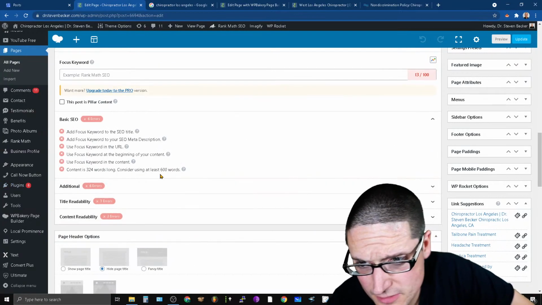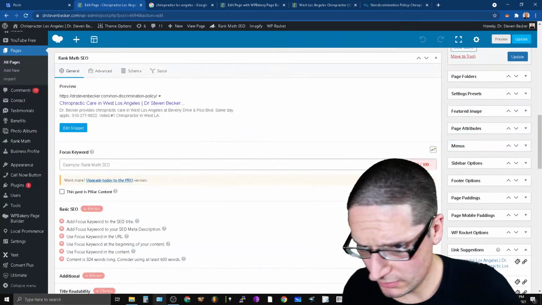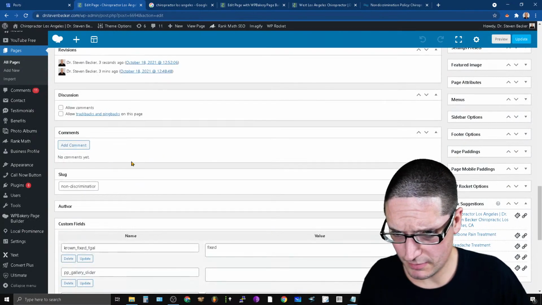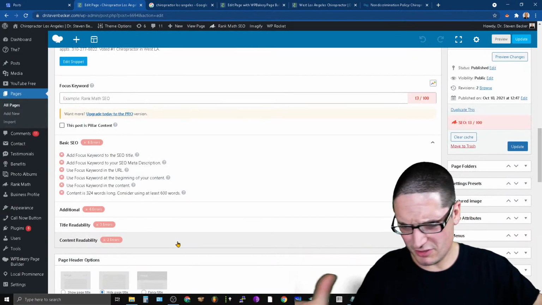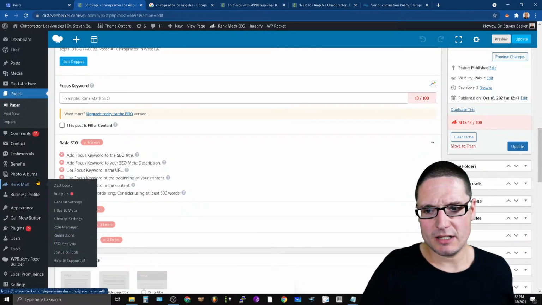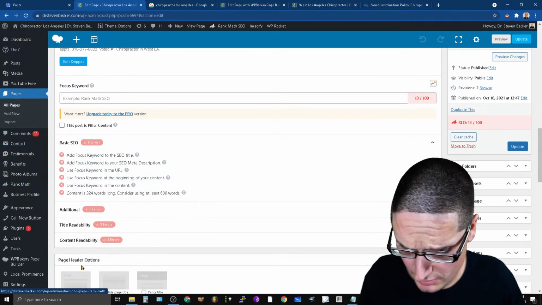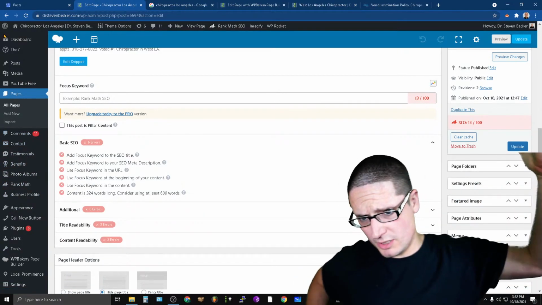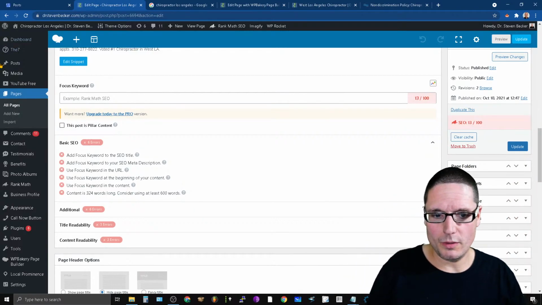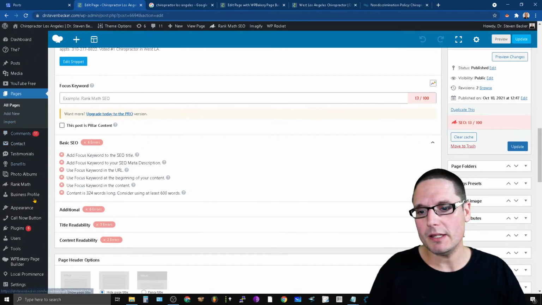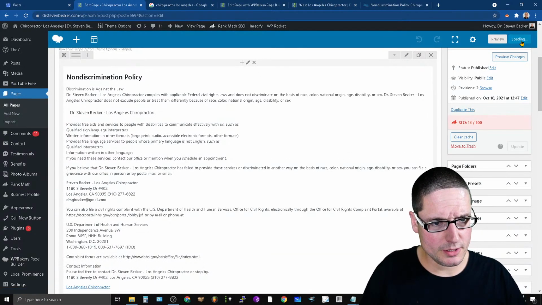Dude, I dislike this tool a lot. I do not like Rank Math at all. I just don't like it. In my opinion, I know a lot of people do, but I'm not a fan of it. It's too much crap. I'm going to have to go in there and add custom schema because it only does like 4 types, at least the one that this particular client has. I'm going to go in and do custom schema. I've got to do like 13 different schemas. So if I'm already going to do it, what's the point? There's only a few pages that I care about. Those are the ones I'll focus on.